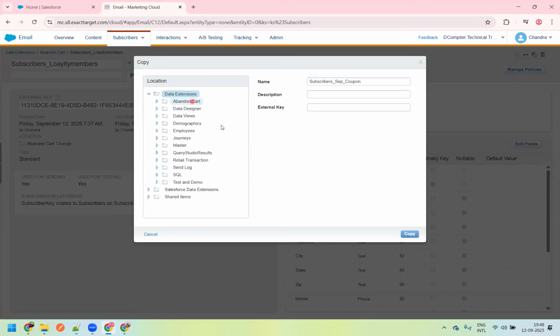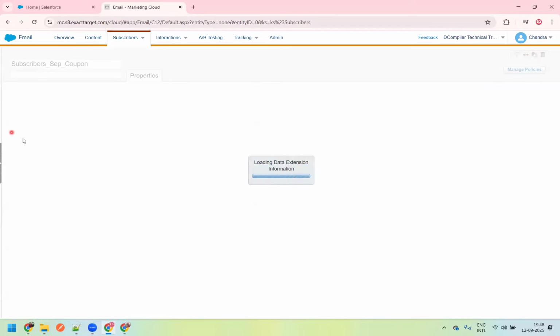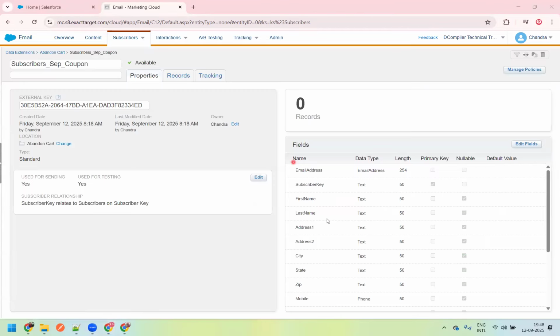This will be acting as our entry source. And now the information in this DE,